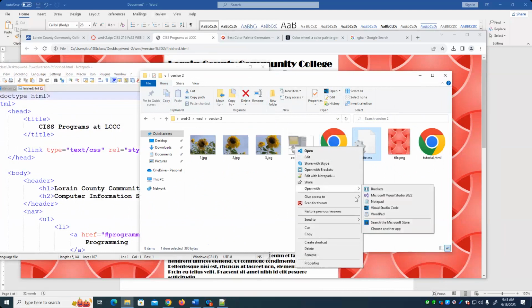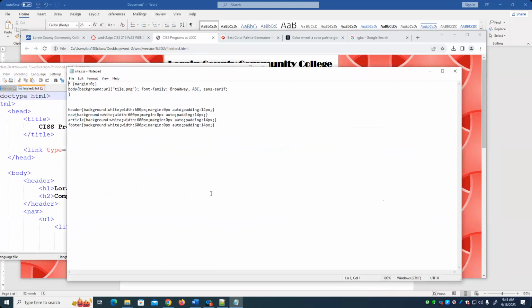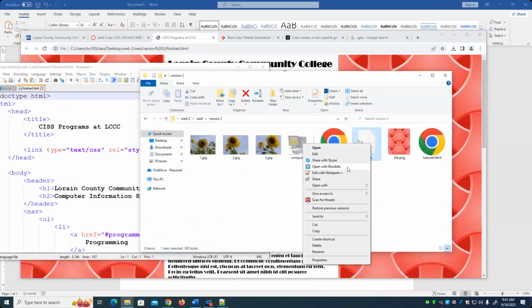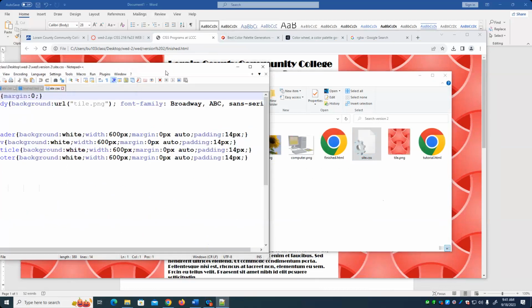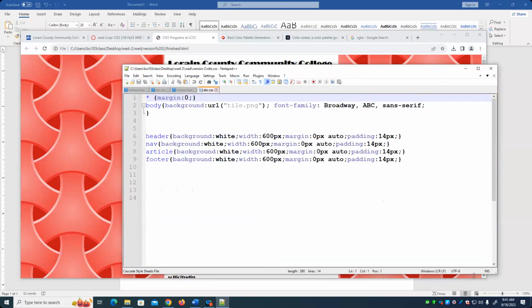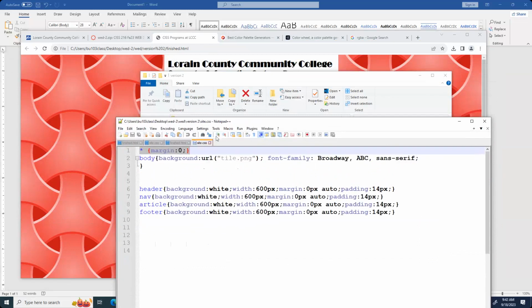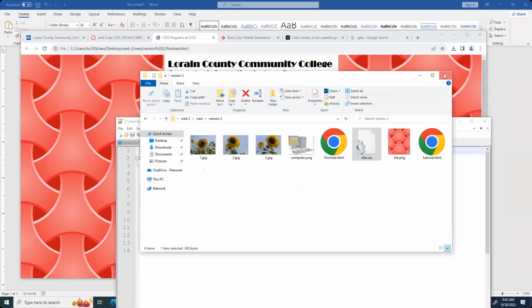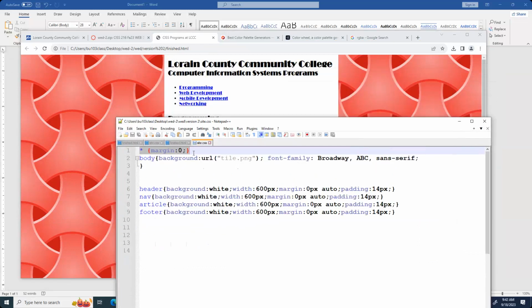CSS, though, is different. All right. First thing we do is we specify a margin of nothing on everything. That's what the asterisk means. Asterisk for selector means every HTML tag. If you get rid of it,